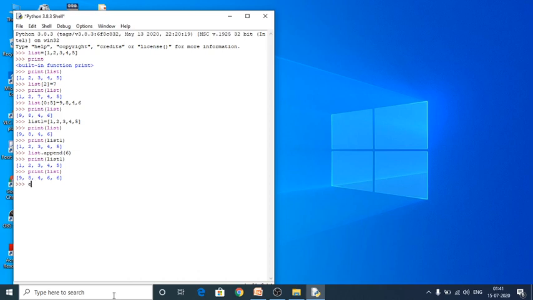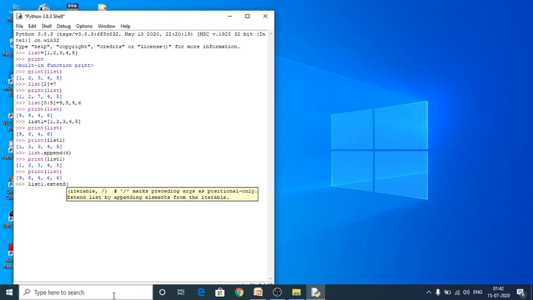So see here, list one dot extend. In my list one, 5 elements are there.